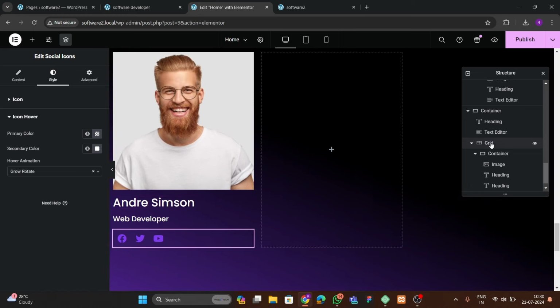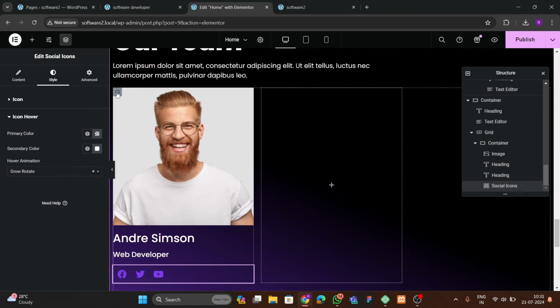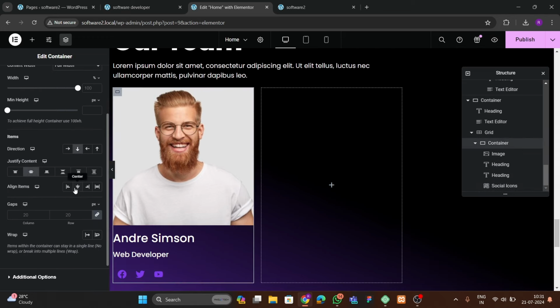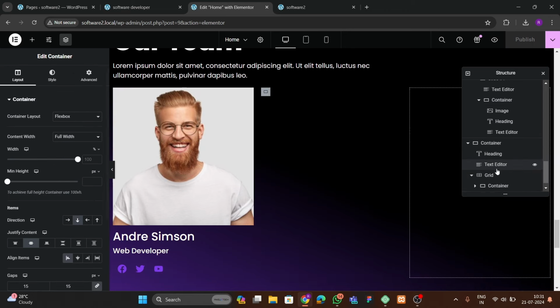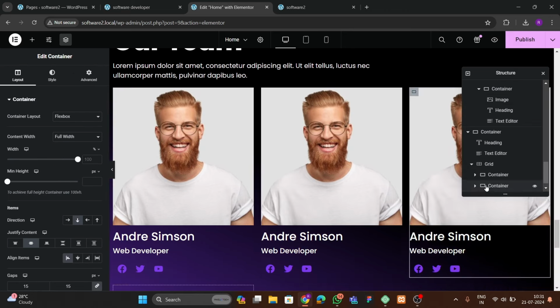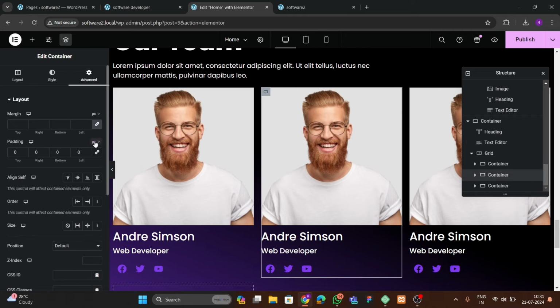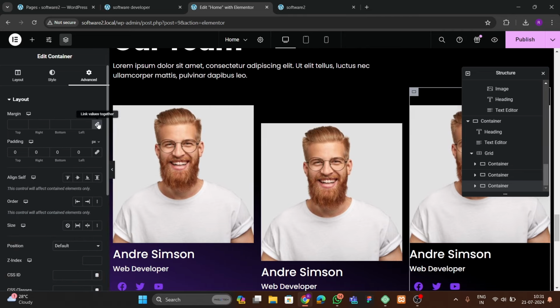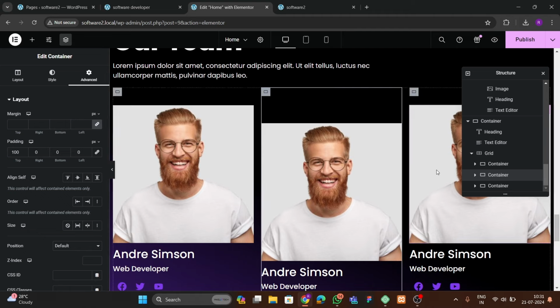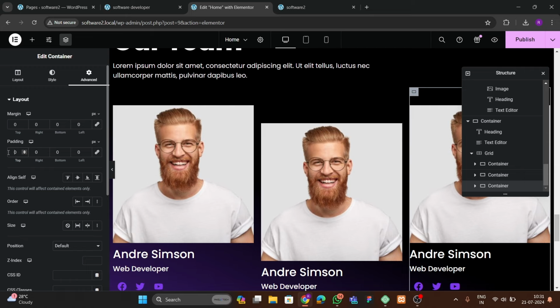Okay, so then what we can do, we can go to this main container, and here in the layout we can make this, and we're gonna add this here 15. Okay, so let's publish. Then after that what we can do, we can just duplicate this 2 times. Okay, then after that we have to go to the advanced, and here we're gonna put 30, 50 or 100. Okay, then after that again we're gonna go to this, and here in the advanced we're gonna put it below. Let me see here, I have put padding to the top. Okay, padding to the top is 100,